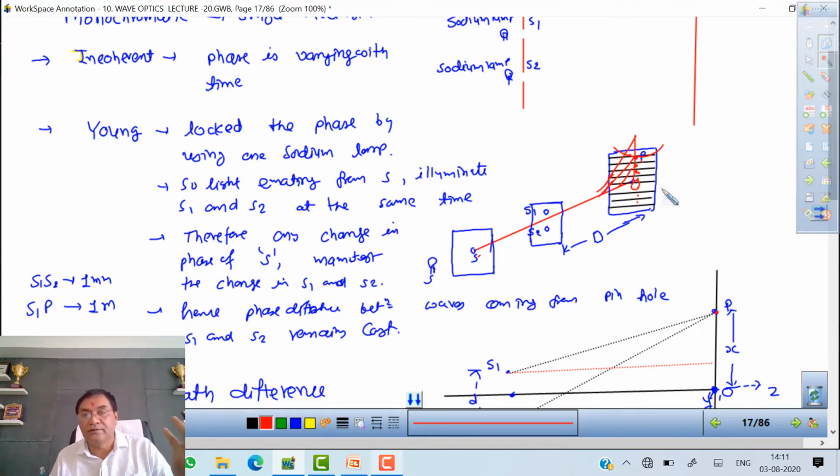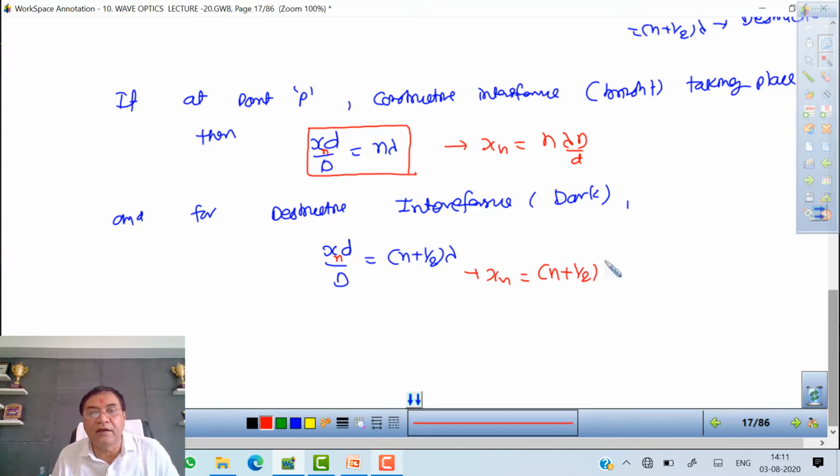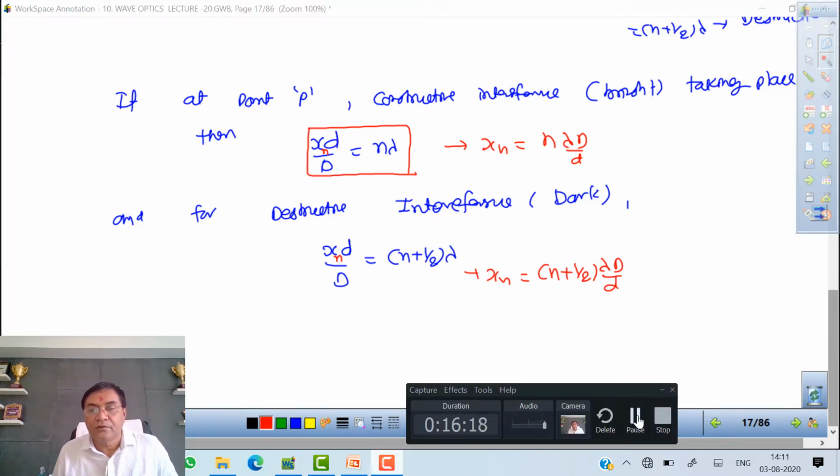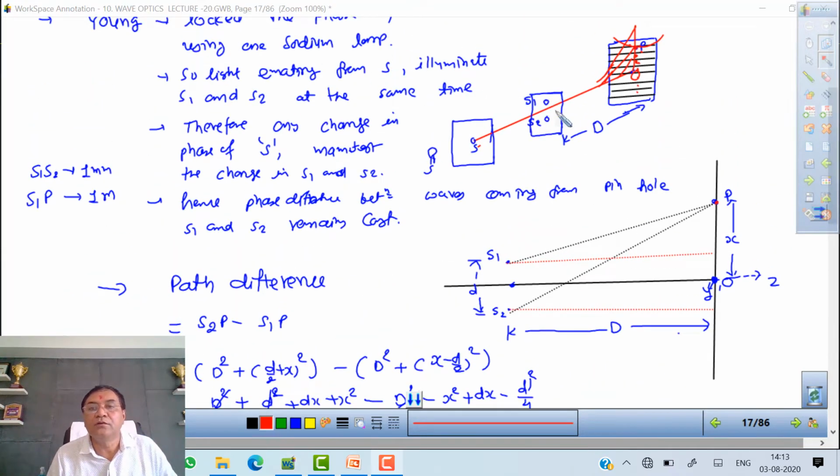It looks like a hyperbola, but near the center they are almost straight. Okay, so this is a very important one. From that you can find xn also. So xn is equal to what? n lambda D upon d, and here it is xn is equal to (n plus half) lambda capital D upon small d. Okay, once again I repeat,